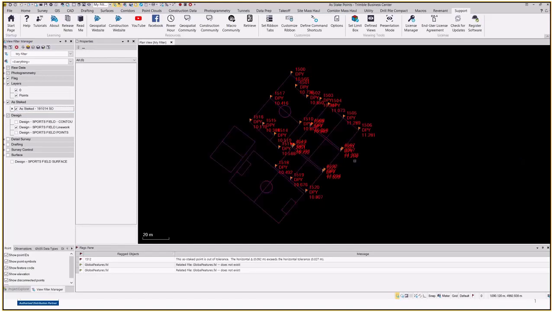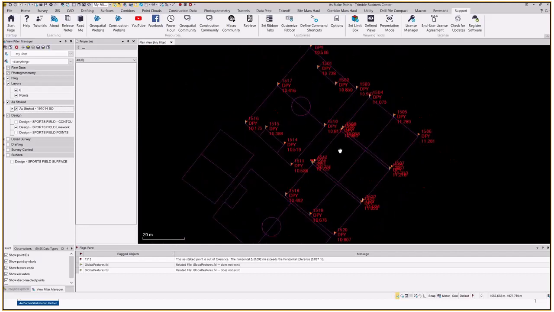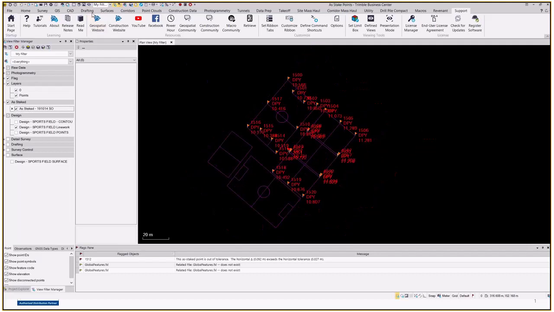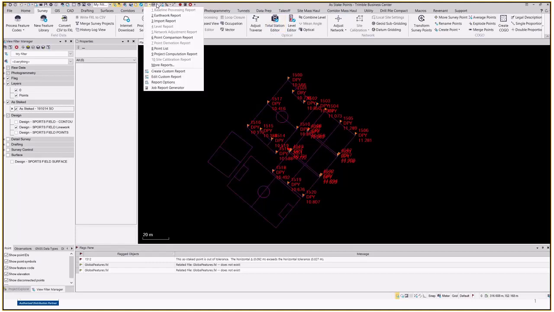All right. So there's our data. We now want to have a look and see how good our surveyor actually was, or how good I was when I did the survey. So we'll want to look at this as a report form. You can go in a couple of other spaces and look at some data if you wanted to, go through Total Station Editor and look at the observations stored,